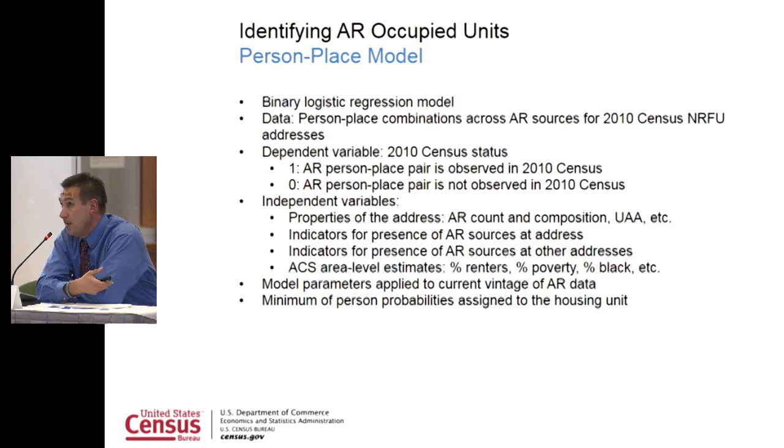And so for that sample of addresses, we're also able to look for the administrative records and what rosters we could build for those using 2010 data. So our dependent variable is: was that administrative record person that we've rostered, can we find that person in the 2010 census? And this is done based on the protected identification keys that have been assigned to the administrative record files and that we've had assigned to our census. It is 1 if found, and 0 if it's not able to.